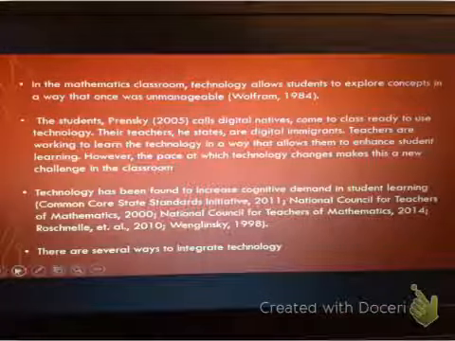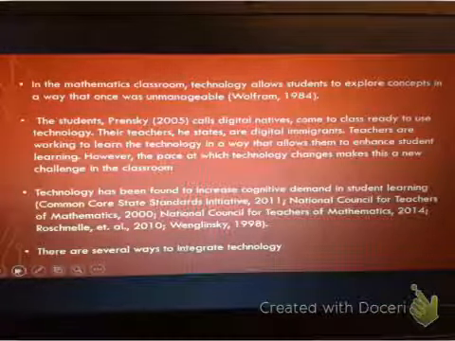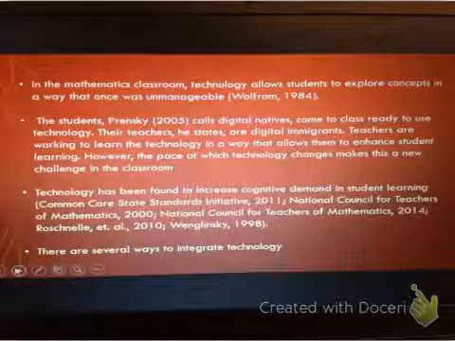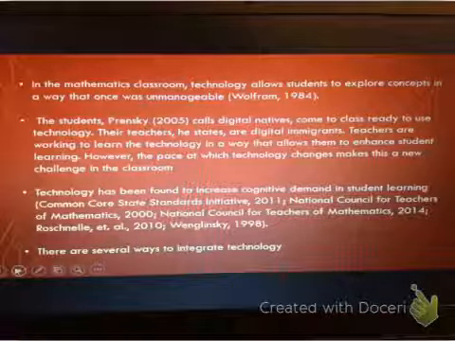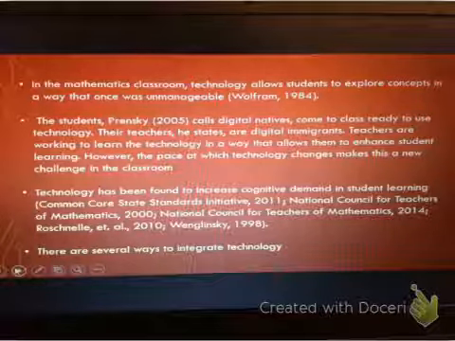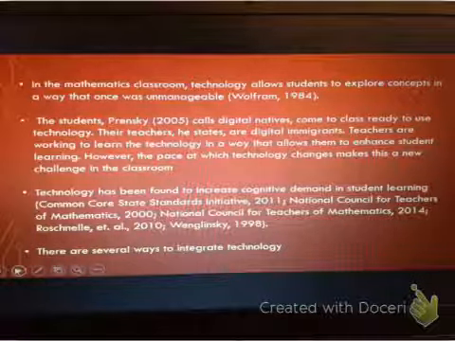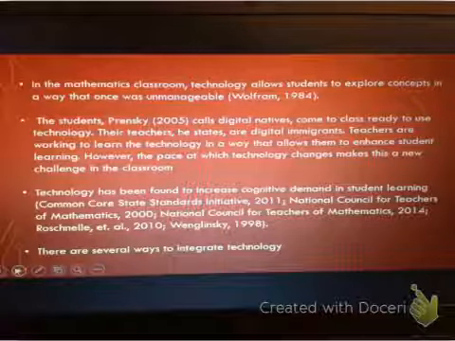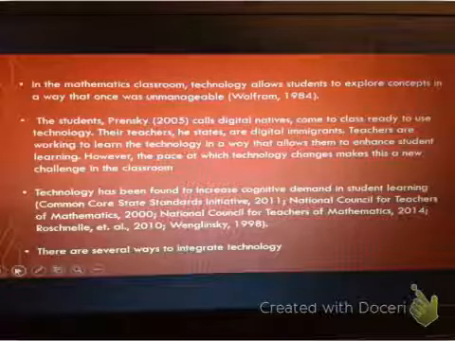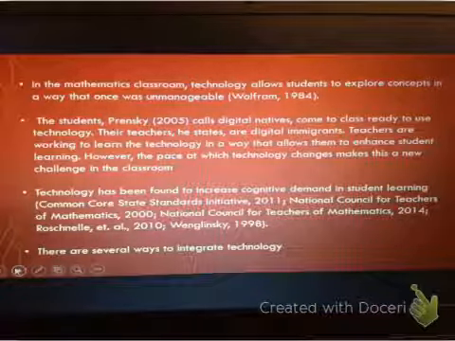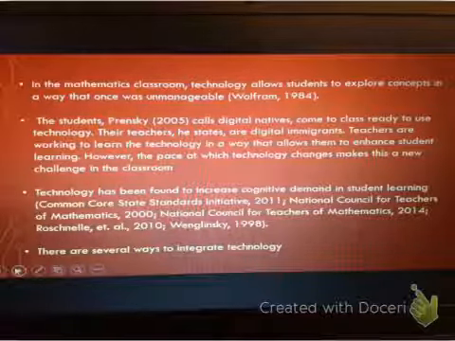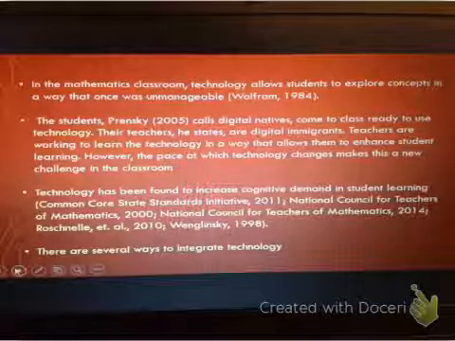So my topic focuses on technology integration in the mathematics classroom. While it's been a current push, we can look back and it's even as early as 1984. They saw the effects that technology integration could have in the mathematics classroom. Wolfram stated that just being able to compute as quickly as technology could allow them to investigate science concepts that were natural phenomena in an algorithmic manner,